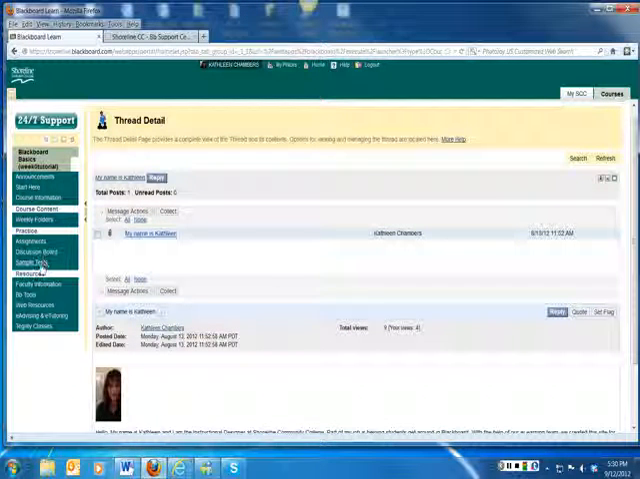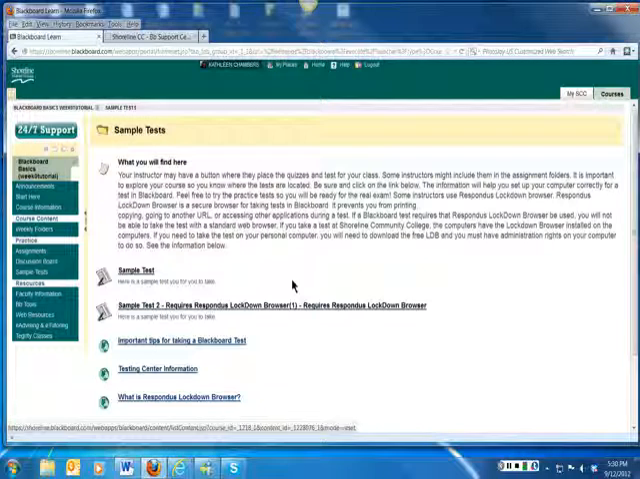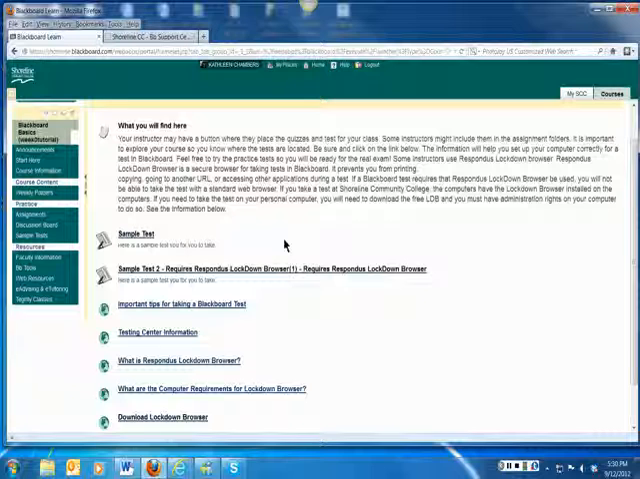So let's skip on down to sample tests. Your instructor may have a button where they put the quizzes and tests. Some instructors might include them in the assignment folder. It's important to explore your course so you know where the tests are located. Tests can be unnerving in a face-to-face class, so be sure you visit this site and practice getting comfortable with